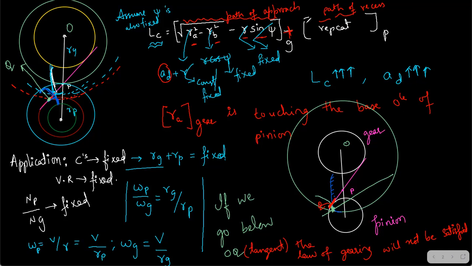And if you have a doubt whether the addendum is increased only for the gear: the addendum is increased for the gear as well as the pinion. Here also you have the same formula, right? The only change is that psi is the same, but R will change because R is the pitch circle radius, which is different for the gear as well as the pinion. Only that value will change.